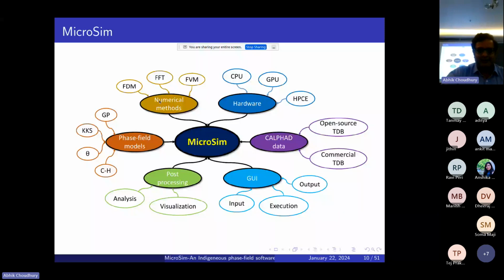Second is the possibility of having different hardware. So typically in most National Supercomputing Missions,